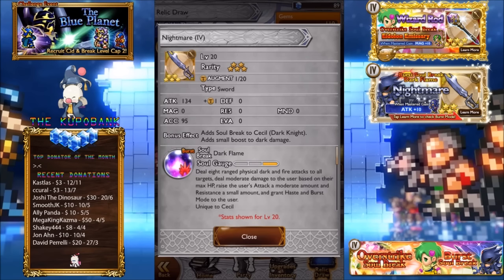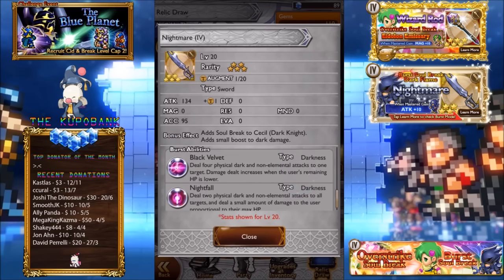Nightmare. This one is so... I don't know if I could recommend this one at all, to be honest. 134 attack. Dark Cecil's BSB, deal 8 range physical, dark and fire attacks to all targets, deal moderate damage to the user based on their max HP. Oh, no. Raise the user's attack a moderate amount and resistance to small amounts. That's a good thing, at least. At least there's a little bit of protection there, so when you're on low HP, you get a little bit of resistance up. But then we have the burst abilities, which...